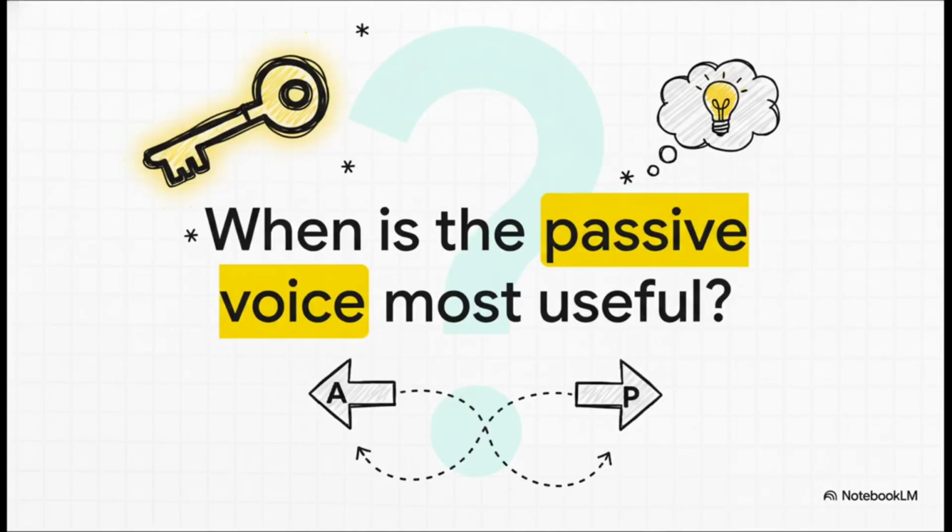So there you have it. You officially know the secret. You have the key to flip between the active and passive voice whenever you want. But, knowing how to do something is really only half the battle. The much more interesting question is, when should you do it? When is the passive voice actually the better, more powerful choice